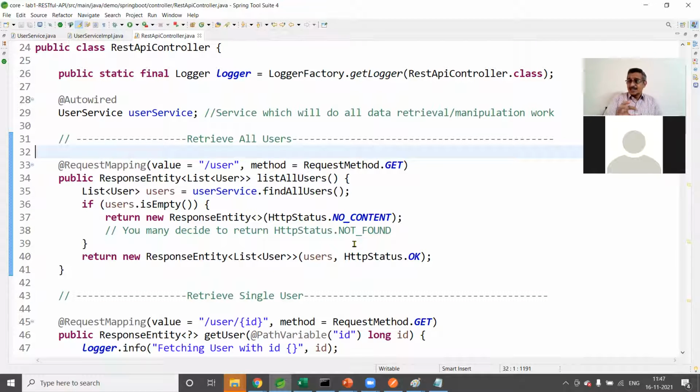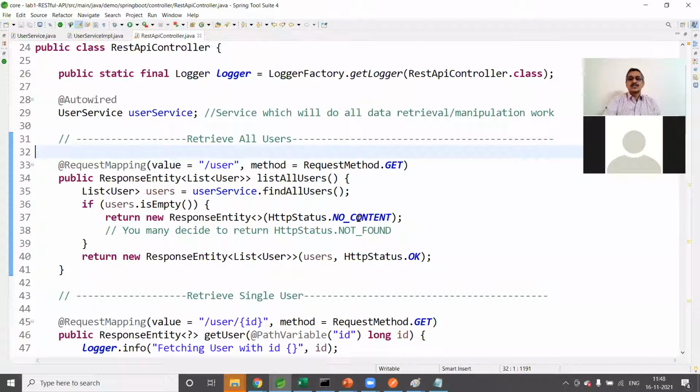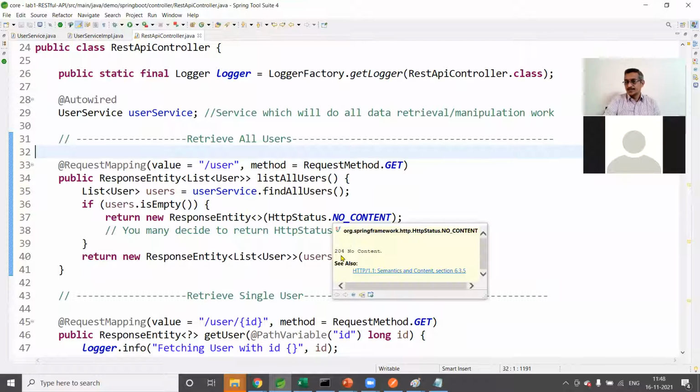right? If there is no content, then there is a status code for no content. What is the status code? 204 is no content. Suppose we are expecting some response. When you call some REST endpoint, some response is expected. No response is coming. Assume that the service was developed in such a way that it is not going to